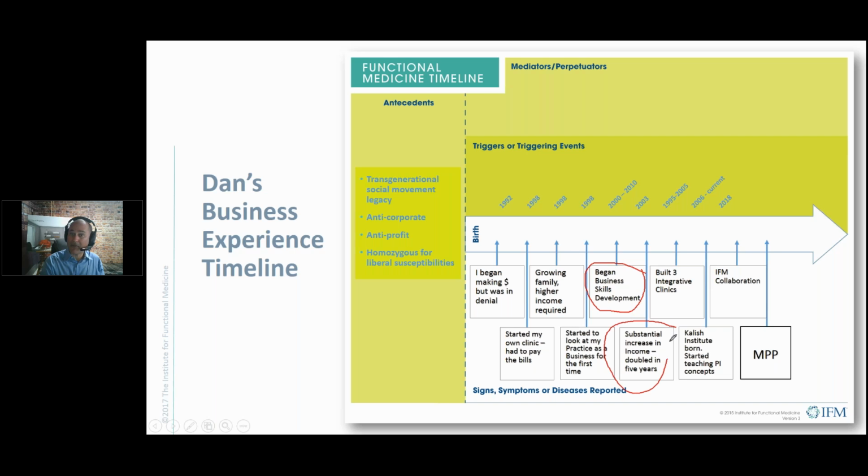And I was able to double my income in about 5 years. I was able to build 3 integrative health clinics. I did all kinds of things in this business phase of my career, but it came long after I had developed the interest in functional medicine. And I had a good 5 or 10 year stretch where I really was ignoring all the business practices. And now, the last 10 years or so, I started to really focus on the idea of business and how business can interact with and support those of us that are in practice that really want to make a difference.